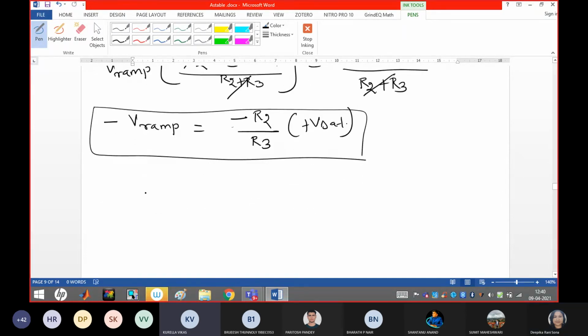Ma'am, we can cancel minus on the left hand side and minus on the right hand side, no, ma'am? Yeah, just wait, I will tell you in the next equation why I have not cancelled. It is clearly visible. You may cancel this negative term, no issue for that. But because of the minus we get a certain value, and we have to combine these two equations. That's why I am saying. Okay. Then when the comparator voltage is minus Vset.